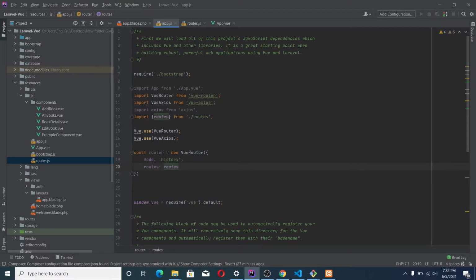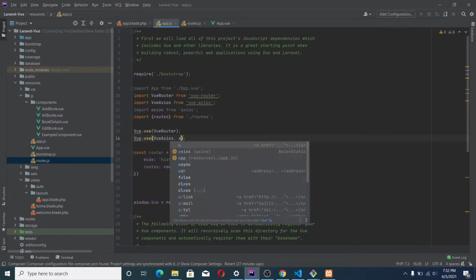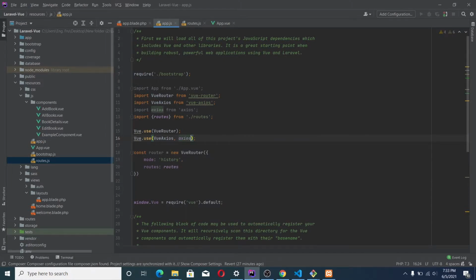Oh, I made an error here, sorry. So Vue.use, we're going to use Vue Axios, so we're going to write it like that. Alright.